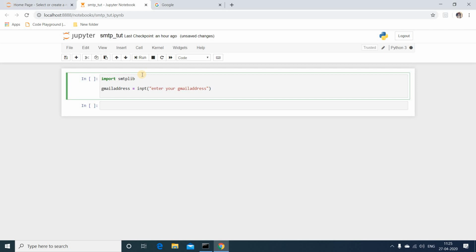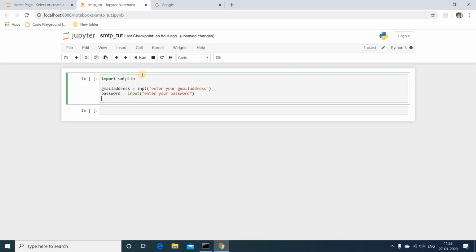Then you need to take the input for the password. Password equals input, enter your password. Then you need to create an input for entering the receiver's Gmail ID, send to equals input, receiver's Gmail address.